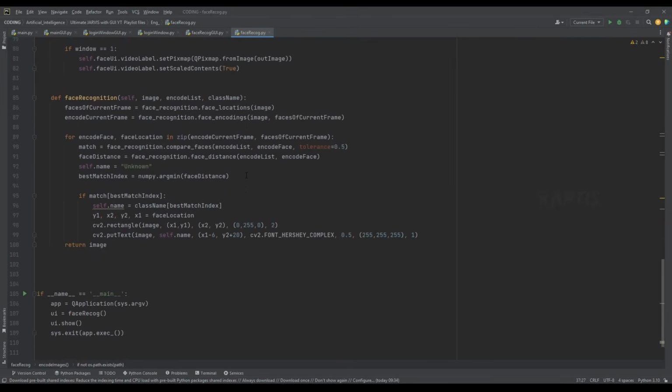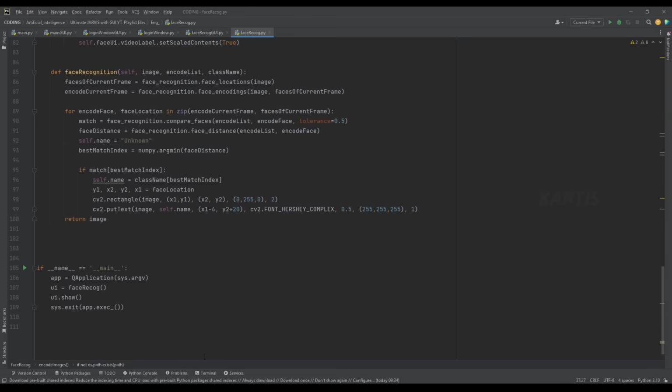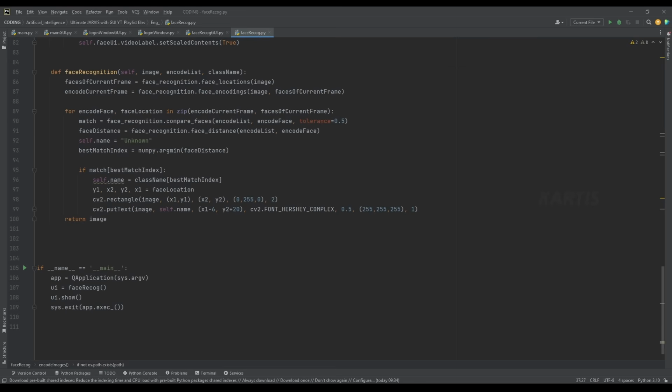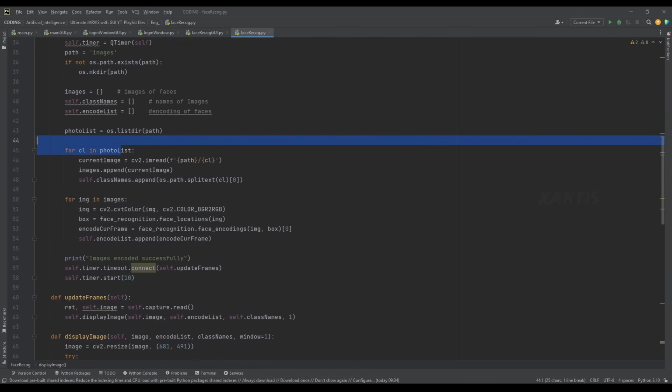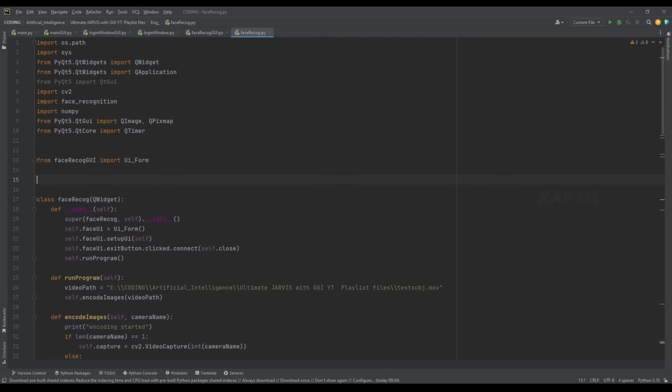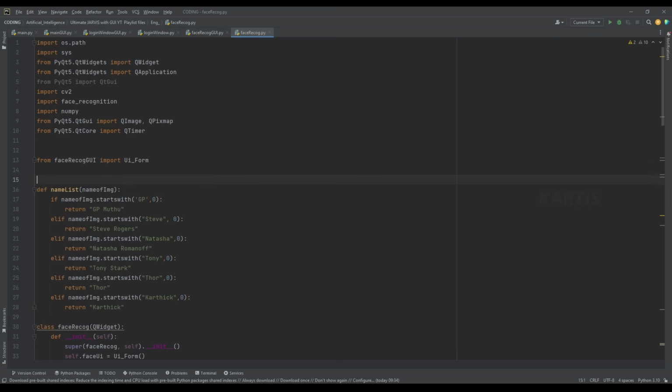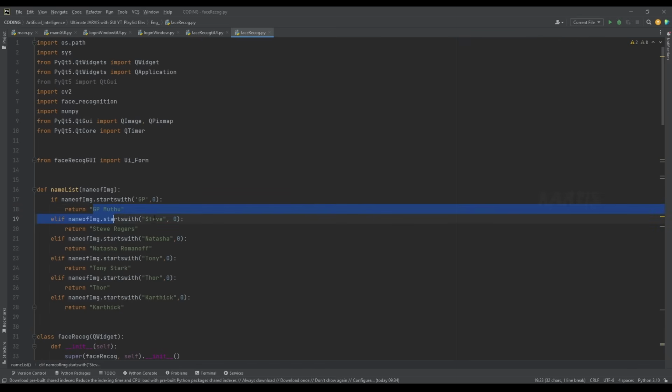So now, guys, I want to filter the name. To filter the name from this, I have created a function. As you can see, I'll be pasting it right here. The function is called name list, and we should pass the name of the image. If the name starts with GP, it will be changed to GP Muthu. And if the name starts with Steve Rogers, Natasha, or Natasha Romanov, Tony, it will be turned into